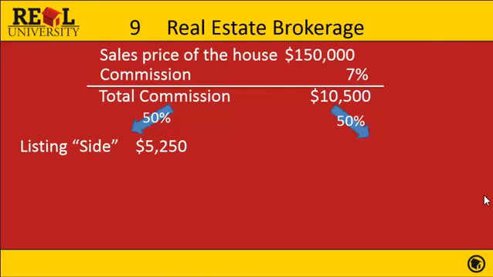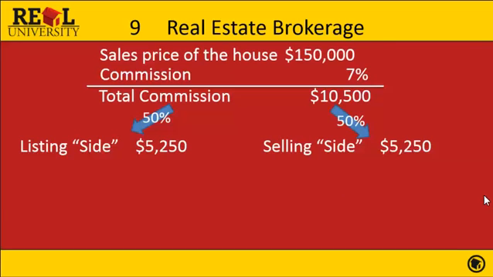If I want to say I want to charge this person 4.5%, I can still give away 3. The BAC would say 3.0%. And at closing, that side of the table would see that I kept 1.5%. So if I make the decision, I get 50% of that. So the listing side is $5,250, right? That's also the selling side.